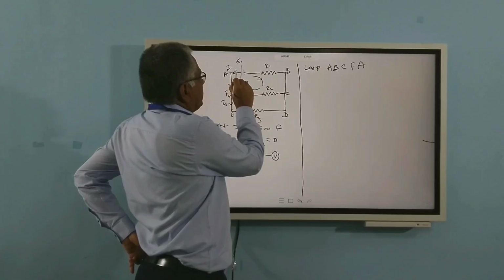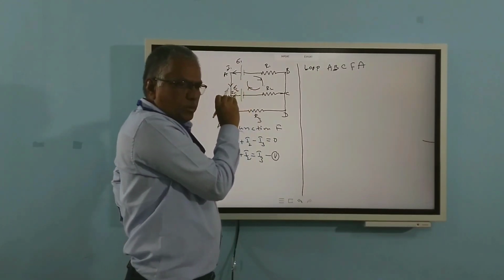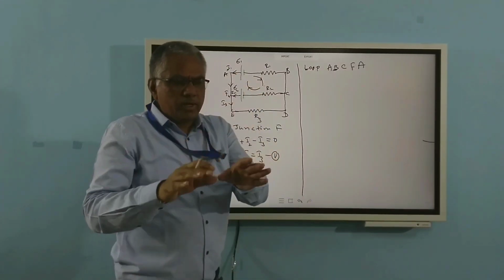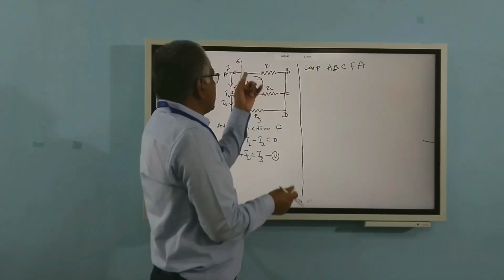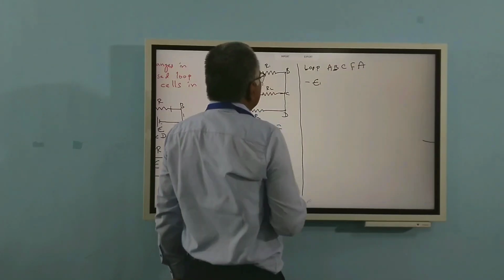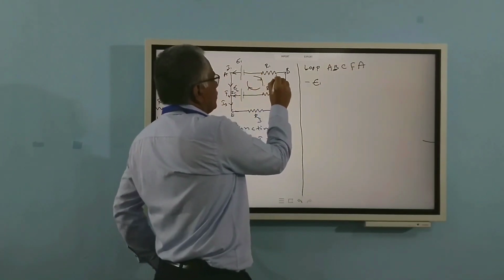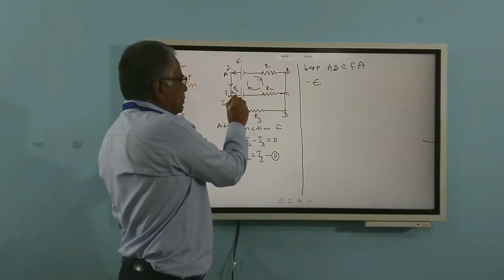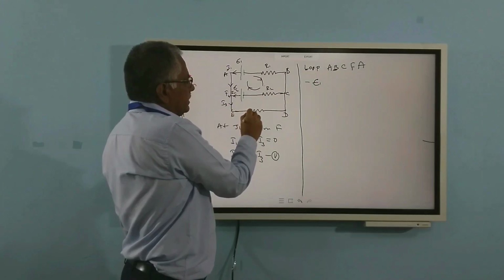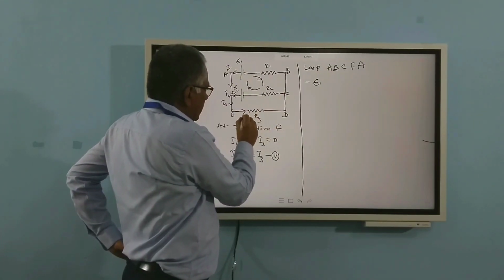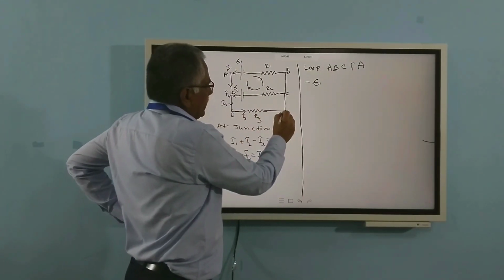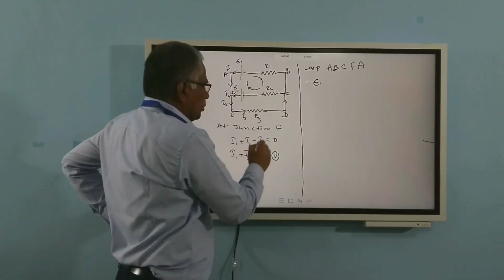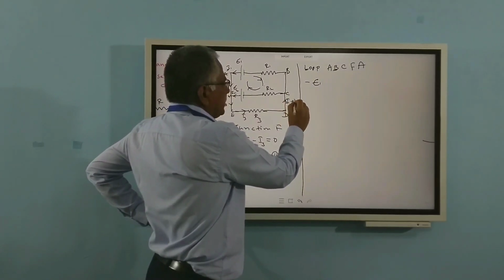Here I1 current is passing, but there is no resistance, so there is no potential drop. Here I come to the positive terminal; going from positive to negative is the very simple way. Next is negative, so we can take it as minus E1. Then there is the current. How much current passes through R1? Let us see here now. I1 is coming here, I2 is coming here, and I3 is coming here. What is the current passing through here? This is I3. Now it comes over here. This I3 is nothing but I1 plus I2.